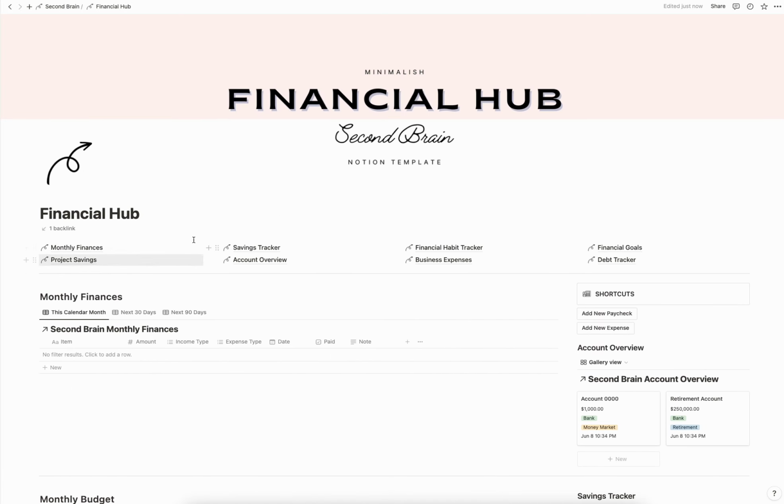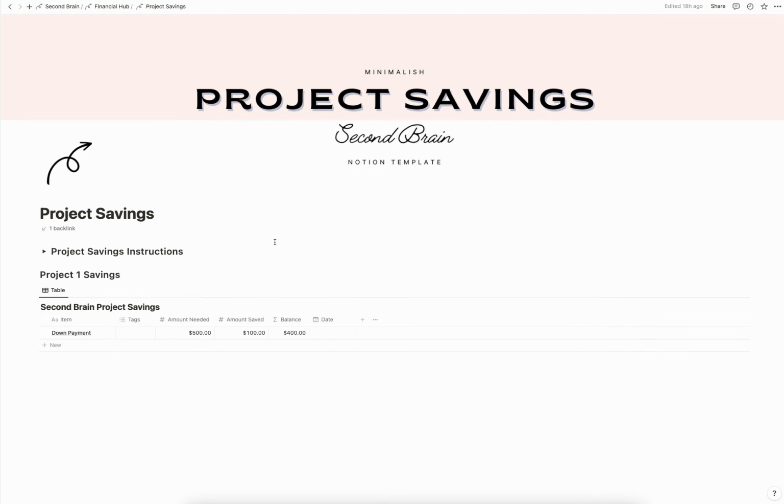And all of these have their own dedicated pages that they live on. The only thing that does not appear on this dashboard is going to be here, which is your project savings. If you have a specific project that you are saving money for, let's say you're doing a kitchen renovation, or you're trying to buy a car or something like that, you can actually duplicate this page for each individual project you have, and you would just change this title right here to be whatever the project is, and you can kind of track how you're